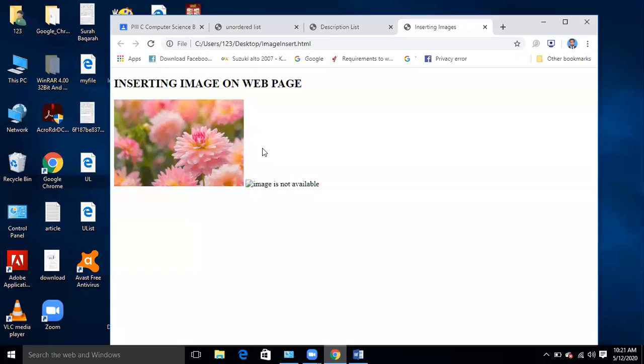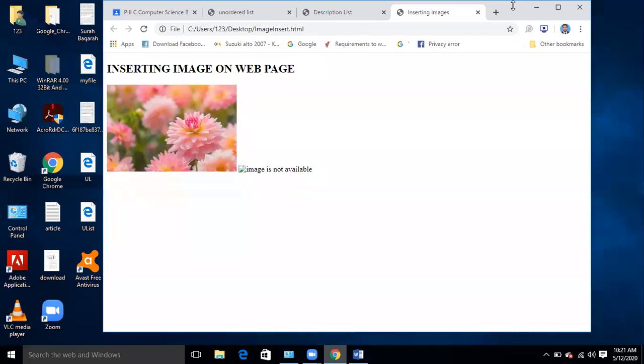Okay. Now you can see that flower.jpg is there on my desktop. It is showing it. And the image that I have given, XYZ576, is not available. It is showing that this file is not available on my desktop because I created the file on the desktop. If I am creating the file in any folder, then this picture should be there in that particular folder. So availability of that folder is necessary.